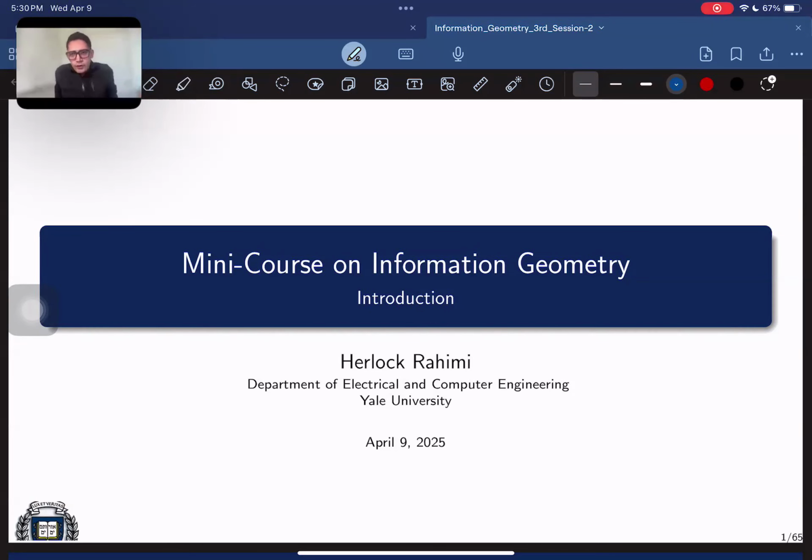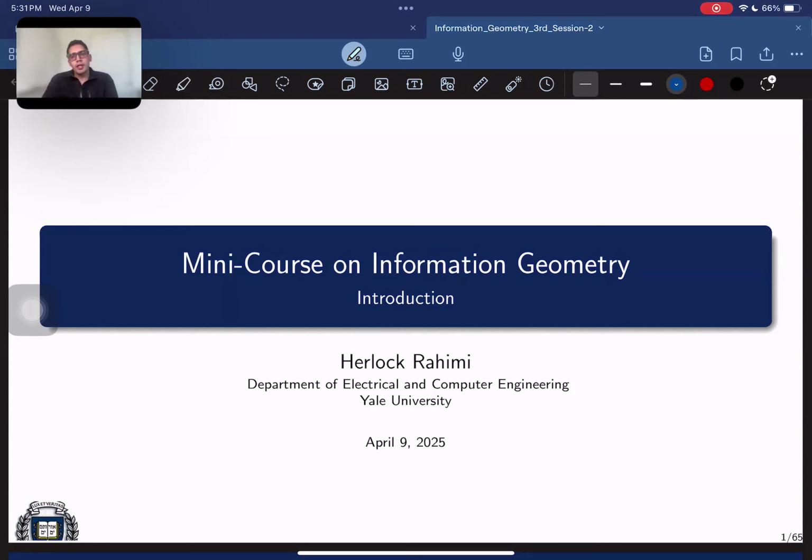Okay, we start the third session, which in my opinion is the most interesting one. We already discussed in the first session the information and the geometry we mean. And in the second session, we focused on the concept of connection. And by connection, we wanted two tangent bundles to connect to each other. In this session, we would conclude our concept of connection and we'll see why